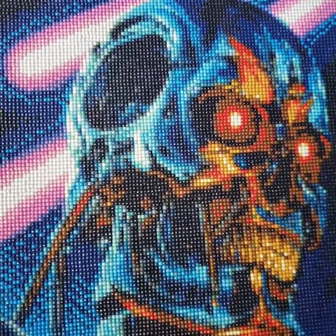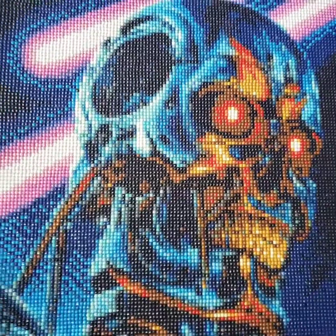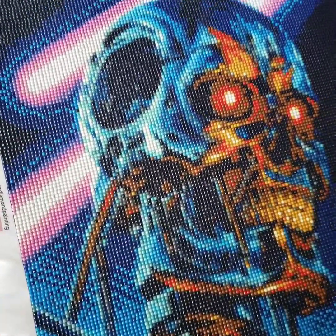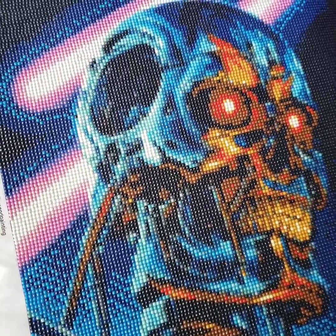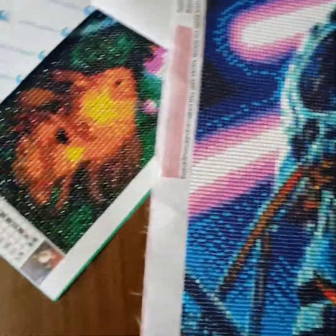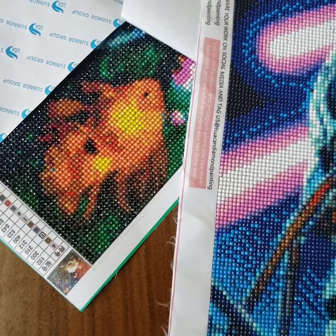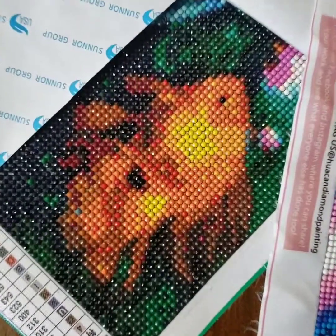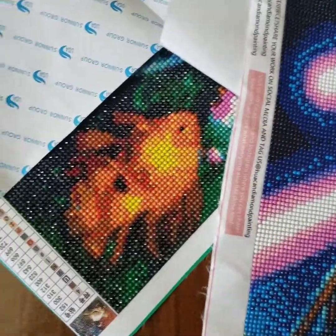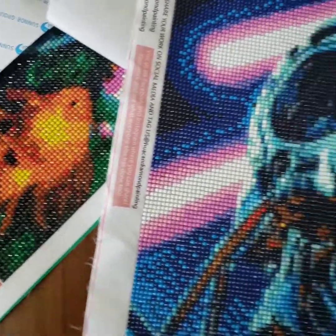I'm going to show you the mermaid that I'm working on right now from Home Fun compared to this. So here's that. I'm not shining any extra light on it. It's just the outside sunlight. And then there's that. That's like unbelievable. And it's like, do you see how shiny that is? That is super shiny compared